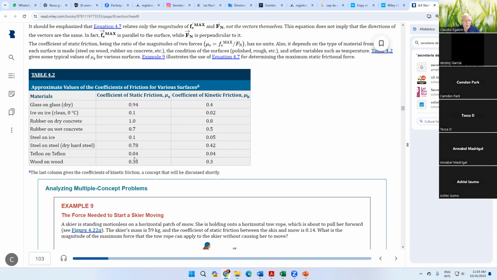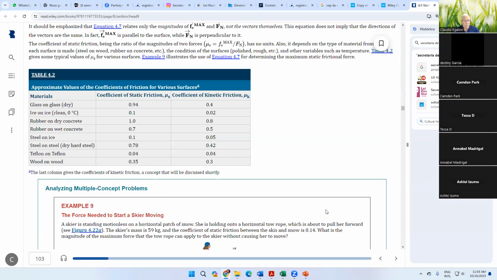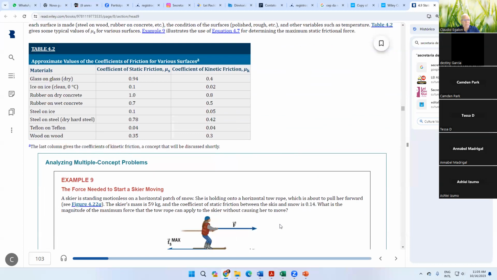Look at the value compared to every other, and the coefficient of kinetic friction is equal to the coefficient of static friction for two surfaces of Teflon. Very little friction. Okay? Wood on wood, etc. Let's copy and paste that in the notes, with the snipping tool. But you can also look at the